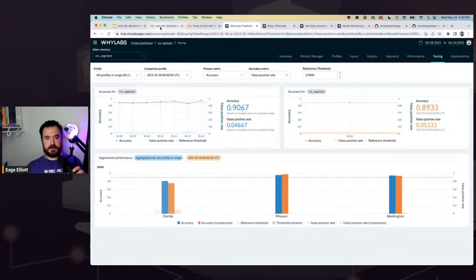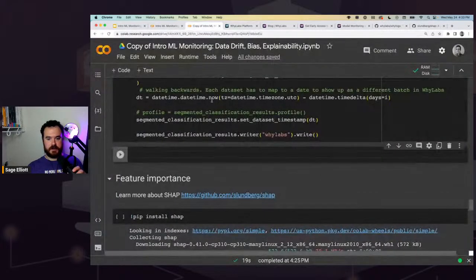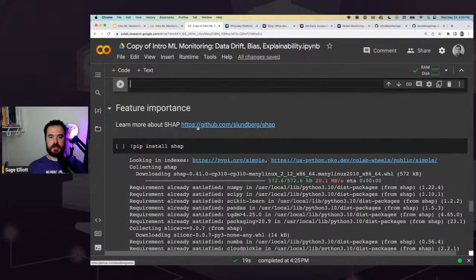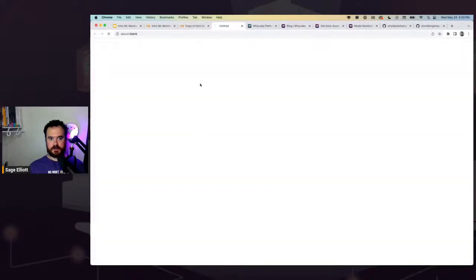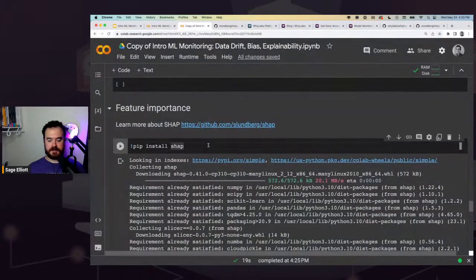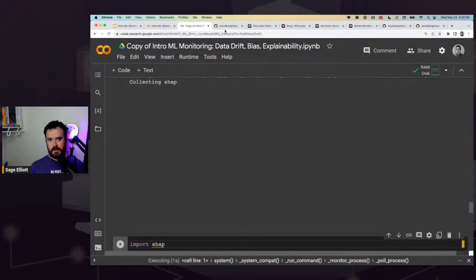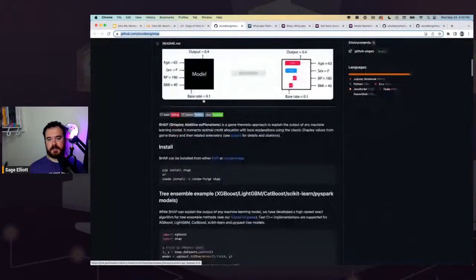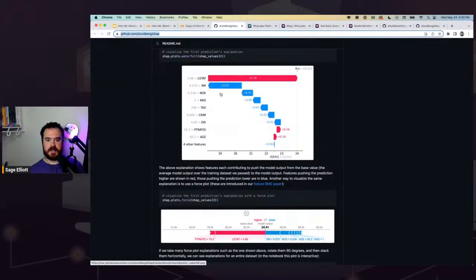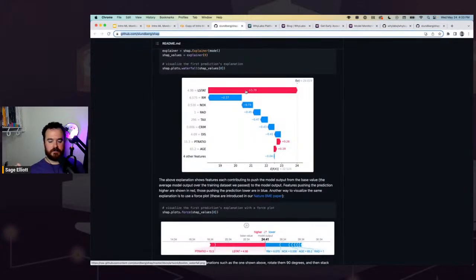All right, so if I go back to our notebook, we can look at feature importance real quick. I'm going to use SHAP values. You might have seen these before. I'll go ahead and hit pip install because that can take a minute. SHAP values are a really cool way of extracting different values about your model and trying to understand why it's behaving the way it's behaving. They have stuff around tabular data, like we're going to use today, to get the most important feature from your model, and why it's making those predictions.